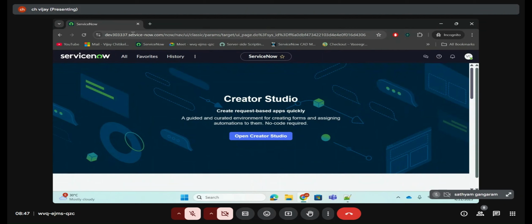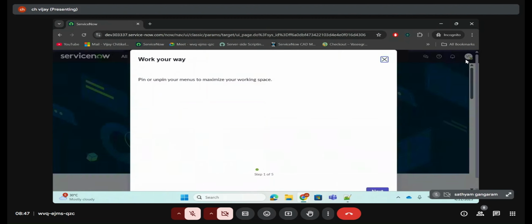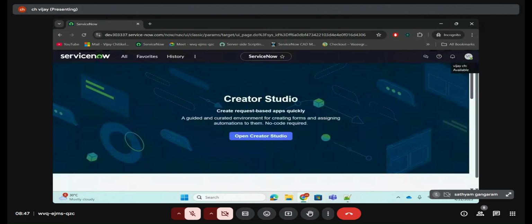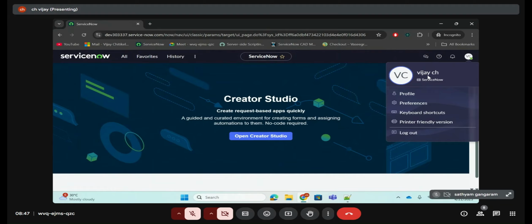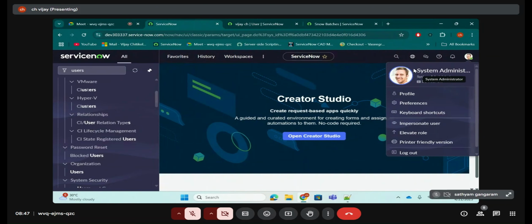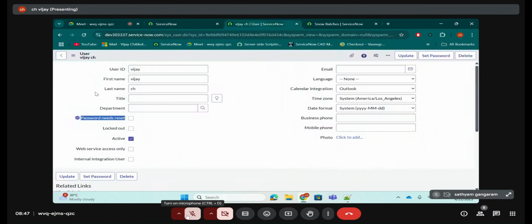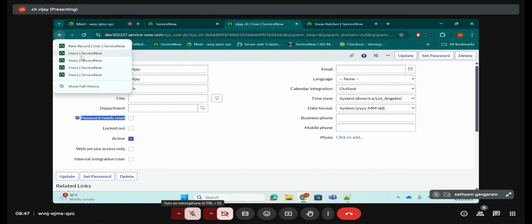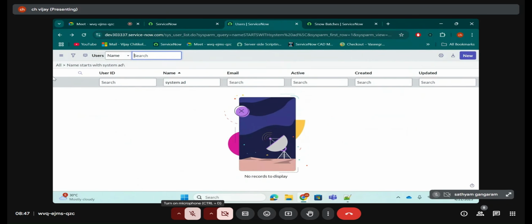I was logging into the same environment, 303337.service-now.com, as Vijay CH. But again, in the same environment here, I was logged in as system administrator. Clear? So what is the use of this user table actually in person? User table,